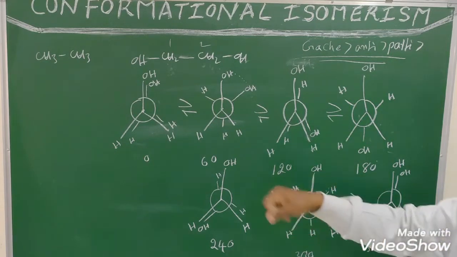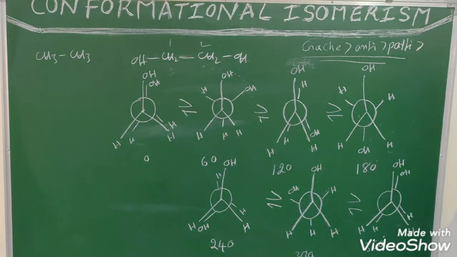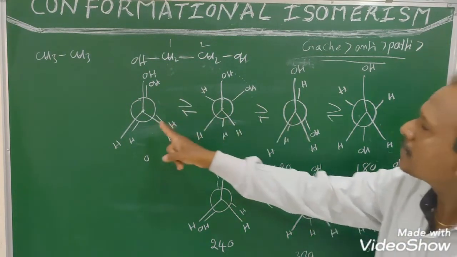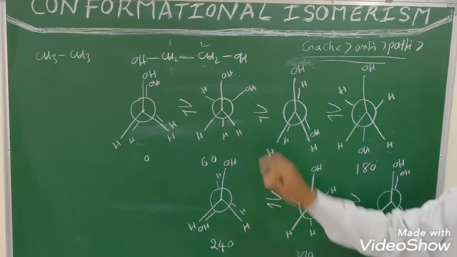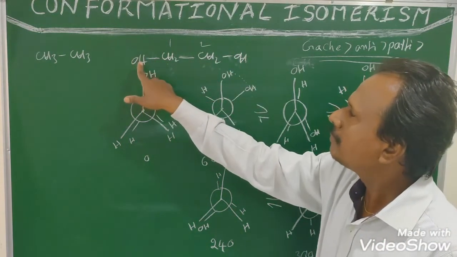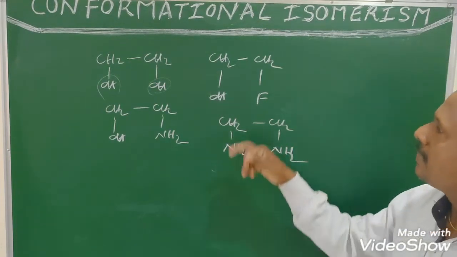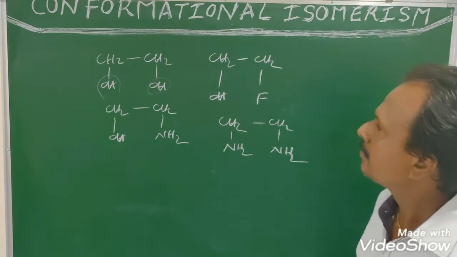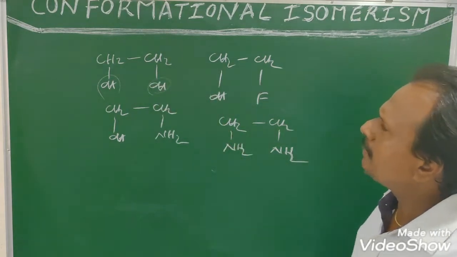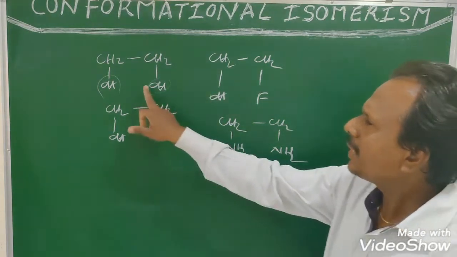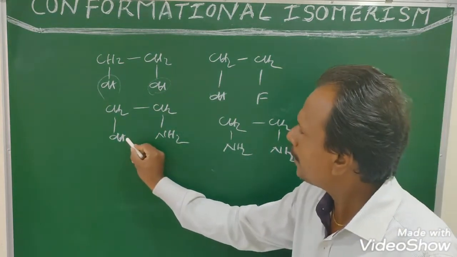That means in the case of ethane derivatives, if the two substituents have the ability to form intramolecular bonding, then among its 4 conformations, Gauche is more stable. After Gauche, anti conformation. These two groups have the ability to form intra-H bonding. These are derivatives of ethane. Each compound has 4 conformations. Among those 4 conformations, Gauche is more stable due to intra-H bonding. This compound also has a possibility of intra-H bonding.